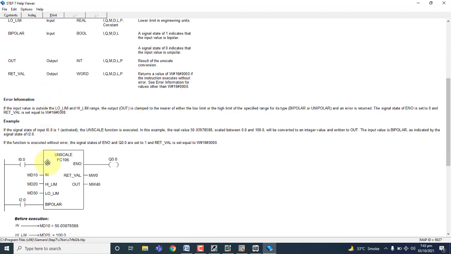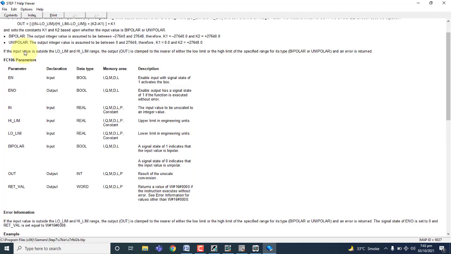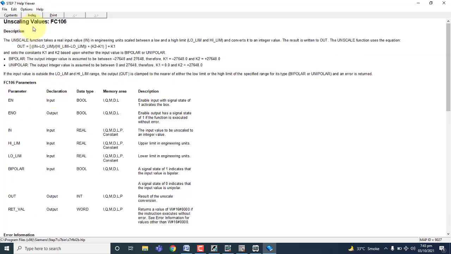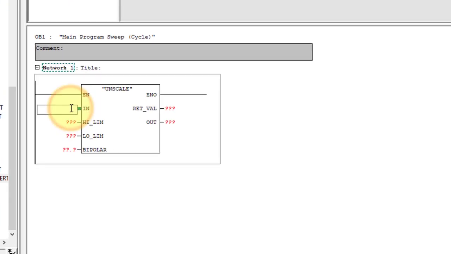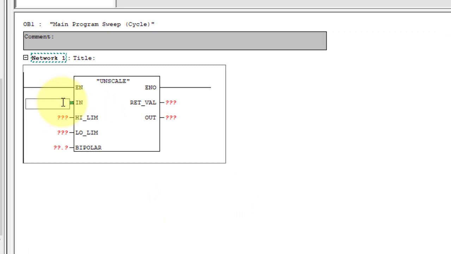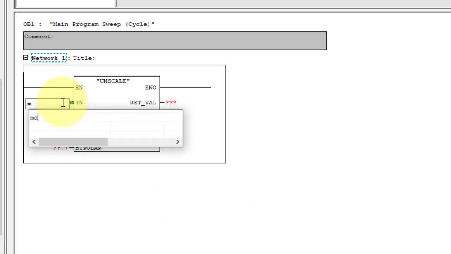You can see here the input, high limit, low limit, every value is here, parameters, input, data type, memory area, description. You can study the unscaling value block. Okay, so in input I will put a double word data register, MD like 20.